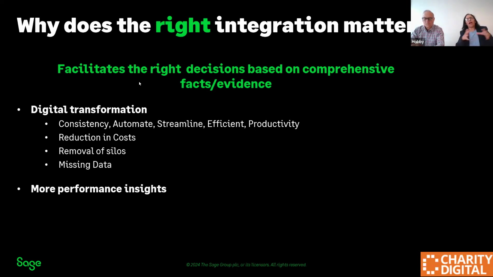You actually need to look at how to bring that data together, because ultimately that's going to deliver consistency for you. So you are comparing apples and apples rather than apples and pears. It's about automating that process as well, streamlining it, delivering you efficiencies, productivity. And the idea is because you're bringing everything together in a sensible and the right way, hopefully you should see a reduction in costs, less overhead in having resources trying to get them and massage the data into the right